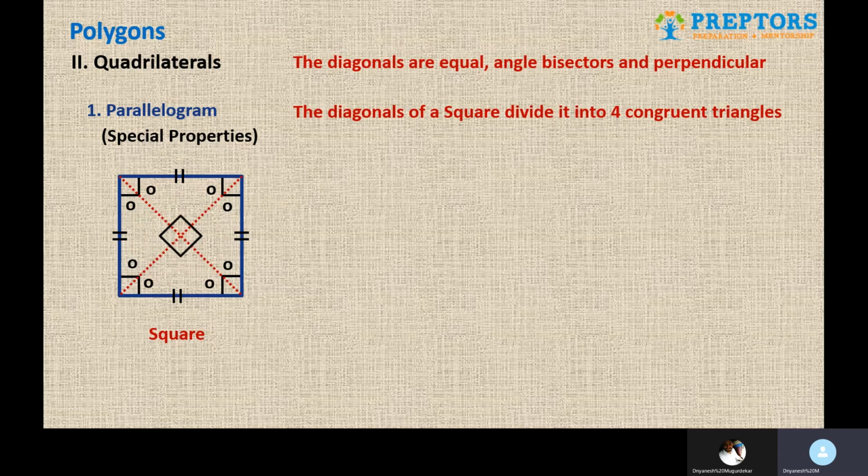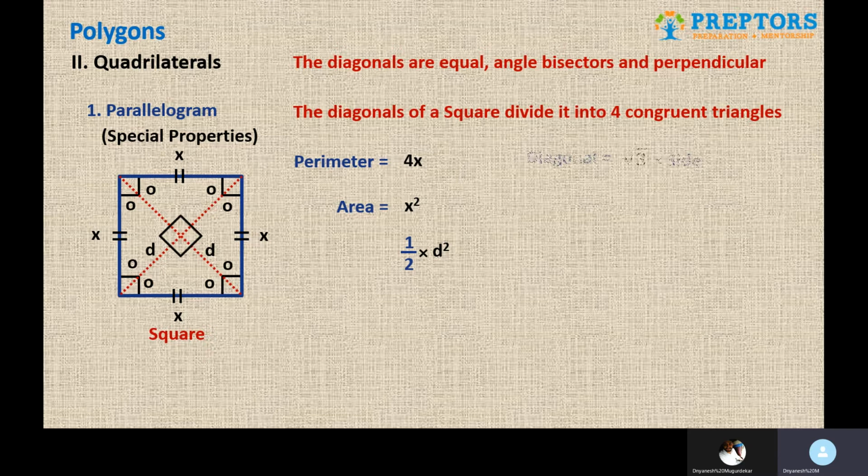Perimeter, sum of all sides: each side is x, so perimeter is 4x. Area: it's a parallelogram type, so AB sine theta, which is x square sine 90, which is 1, and hence it is x square, which is side square. You would know now why it is. And lastly, the quadrilateral area, half into d1 d2 sine theta. d1 d2 are the same, that means it is half into d square. Sine 90 is 1, that term goes off. So half into d square is the other area.